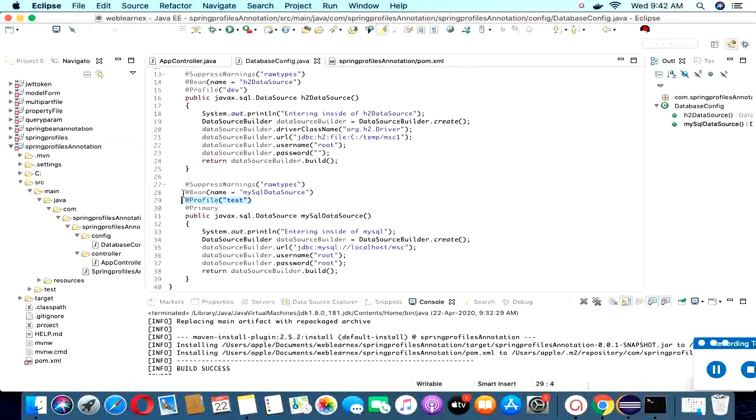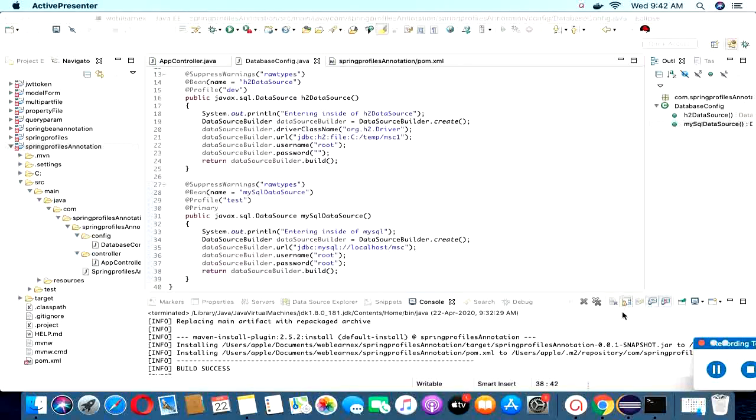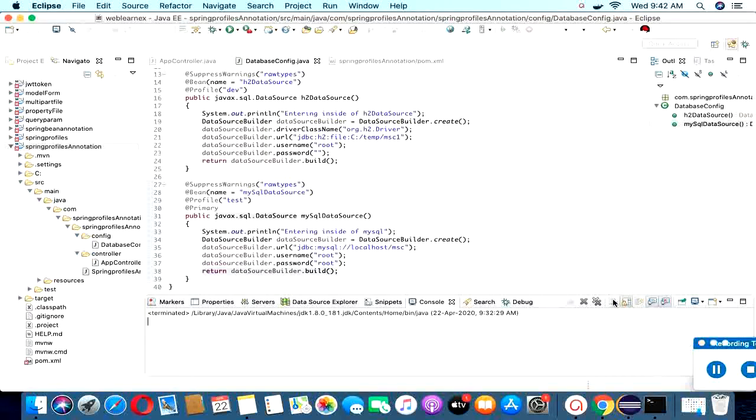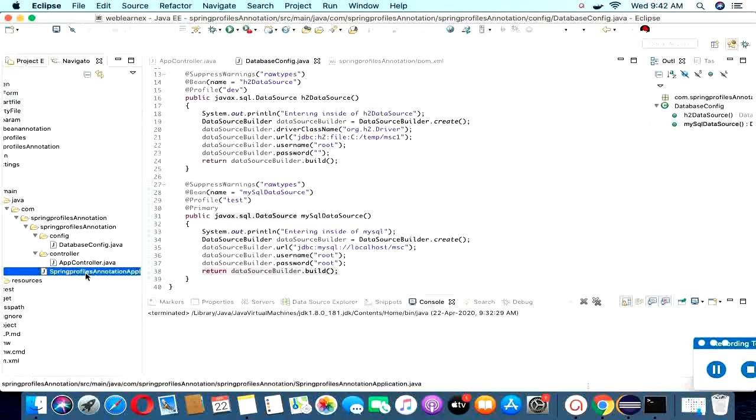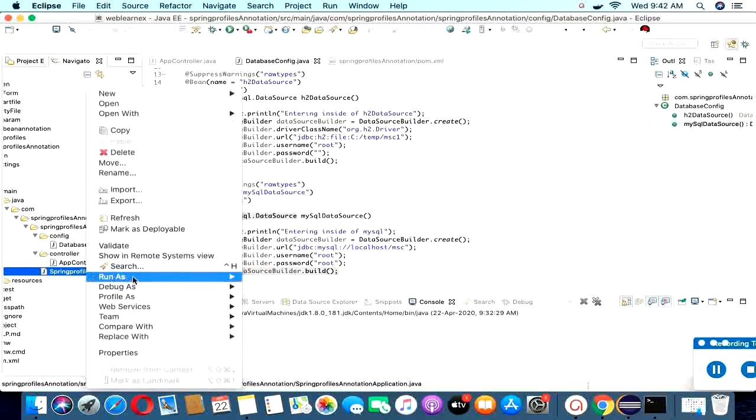So let me deploy the code inside my Eclipse. Eclipse also provides a facility to deploy the code on different environments. For this, just open the main file, click on Run As, and click on Run Configuration.